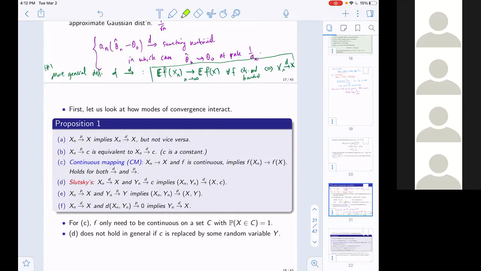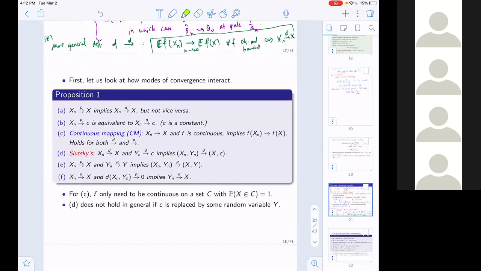Okay, so the next one is what I'm stating as Slutsky's lemma. Slutsky's lemma is actually a consequence of this, but I'm going to refer to this as Slutsky's lemma because all the other things in Slutsky's lemma sort of follow from this. The idea here is that if I have a sequence Xn converging in distribution to X, and a sequence Yn converging in distribution to a constant, then the joint distribution, if you form a sequence,